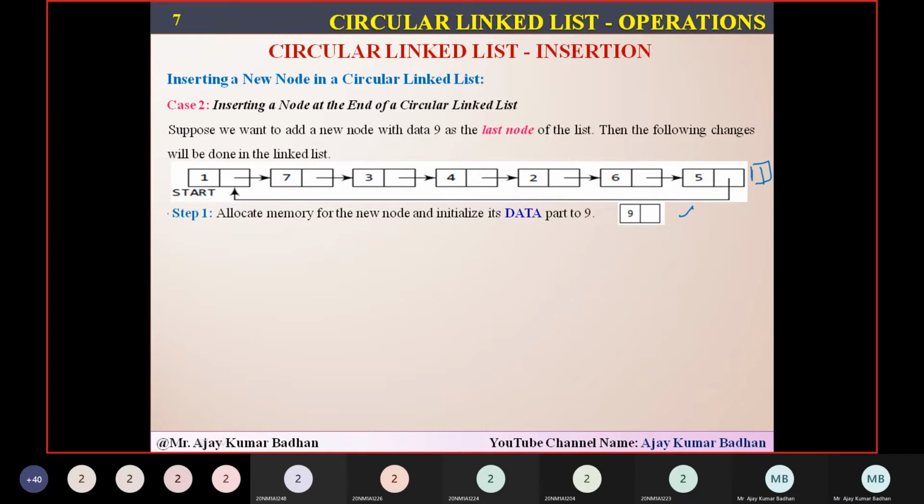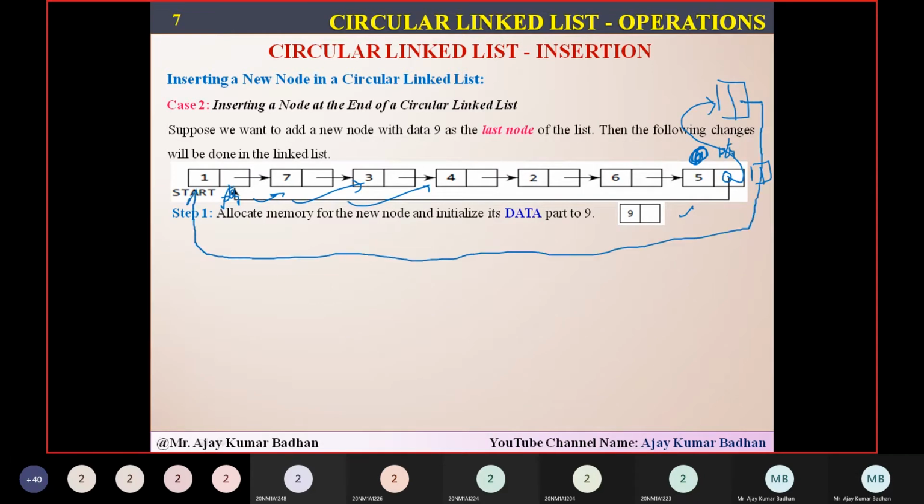If you just go through it, understand it. First thing I have to do here, first I have to use a pointer variable, isn't it? And this pointer variable traverses. This will be common now because I need to access this particular node, the last node. So now the pointer is present here. This is a new node. I want to establish a connection. So here the pointer next consists of the address of the first node. Now this I have to replace. This should consist of the address of the new node. Now this becomes the last node, and the next block of this new node should consist of the address of this particular node. That's it.